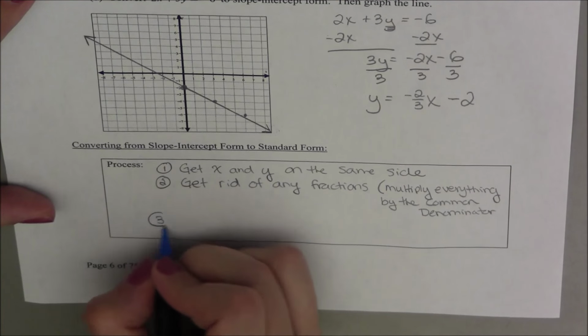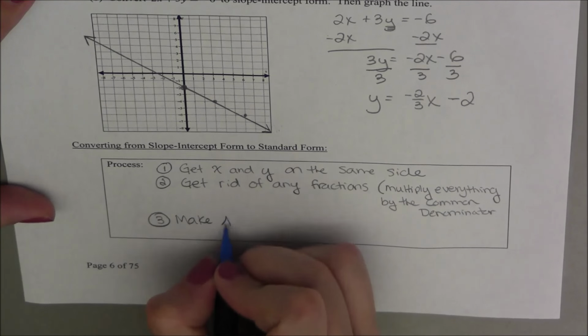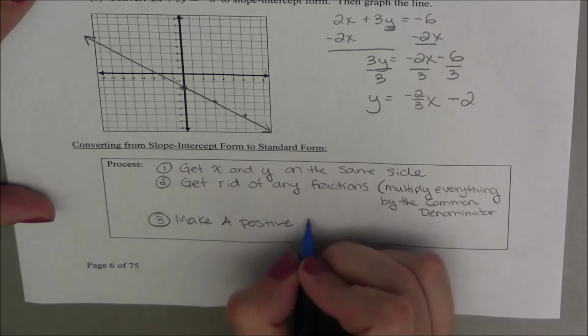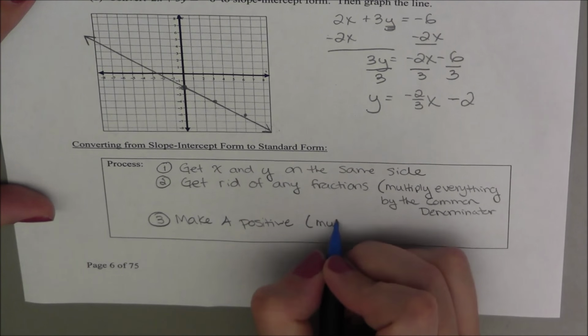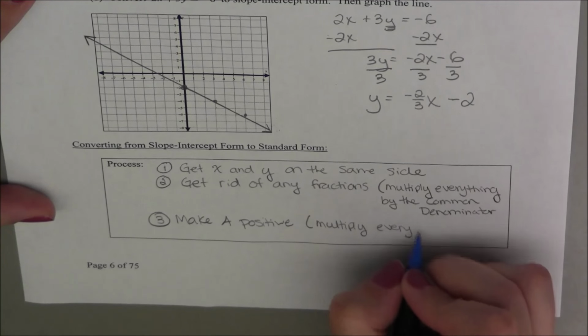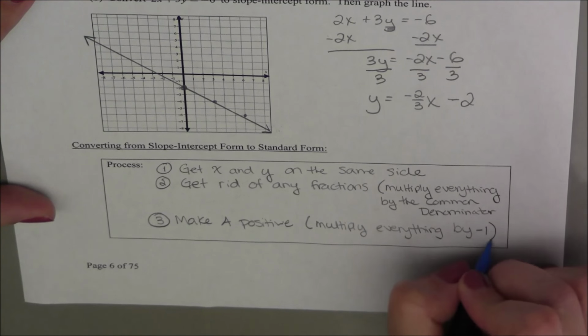And then our third and final step is to make a positive. And we'll do that by multiplying everything by -1. So if you want to flip the page,